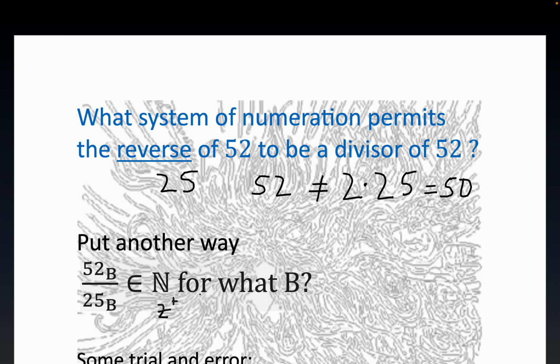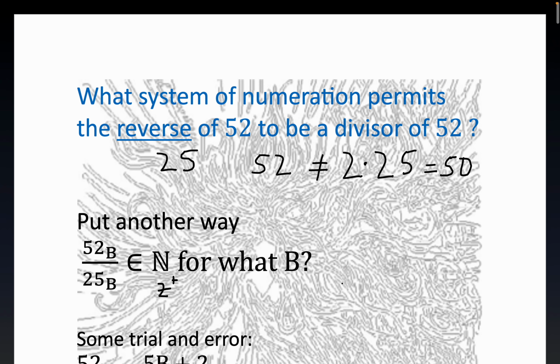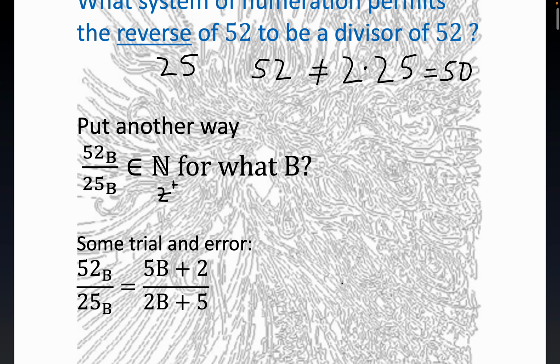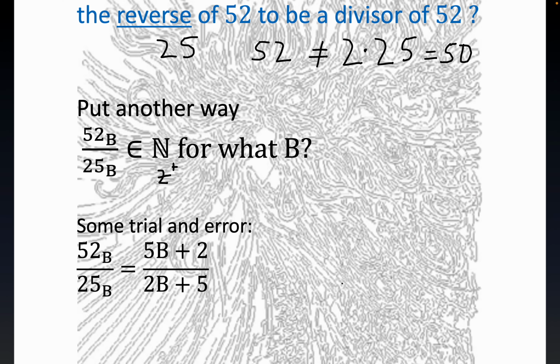All right, now I don't know if there's a canned or more formal way of doing this, but we can literally just look at some cases here. For example, if you do b equals 6, and again, this is trial and error. I already tried some of the lower cases, they didn't work out. If the base is equal to 6, let's see what we get. That would be 5 times 6, that would imply 32